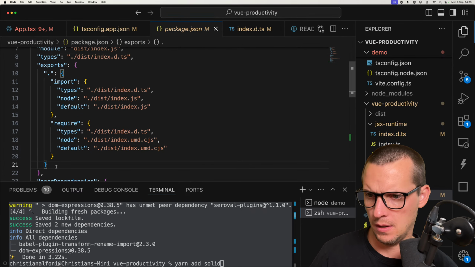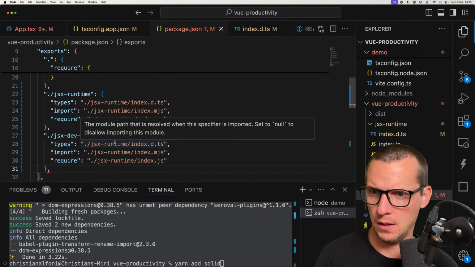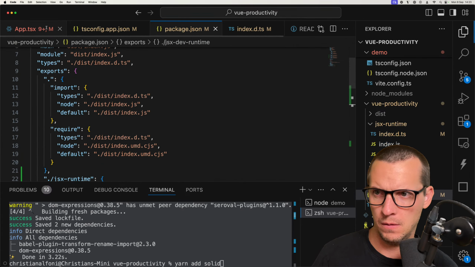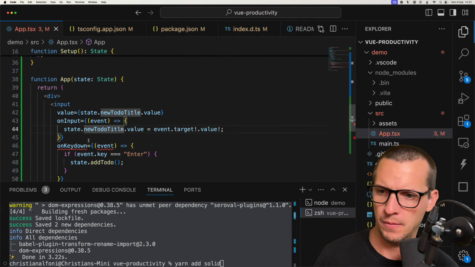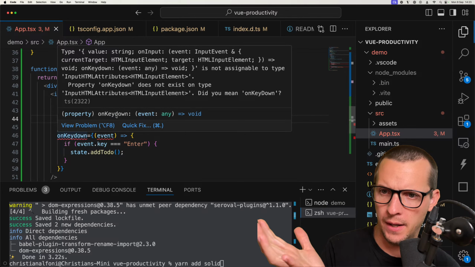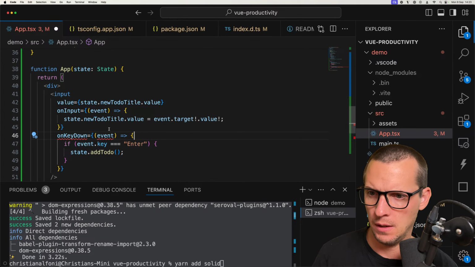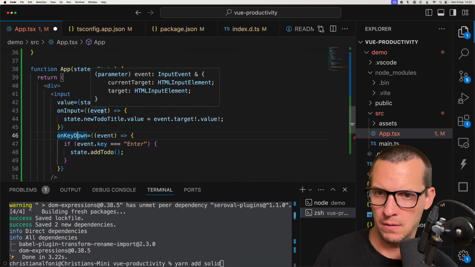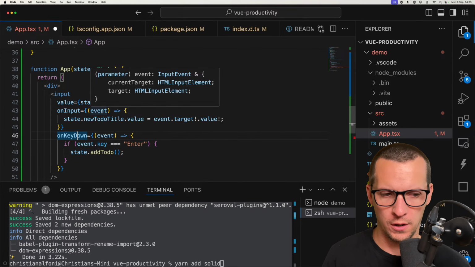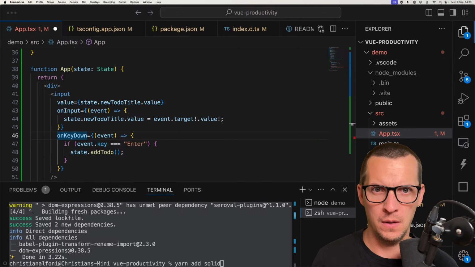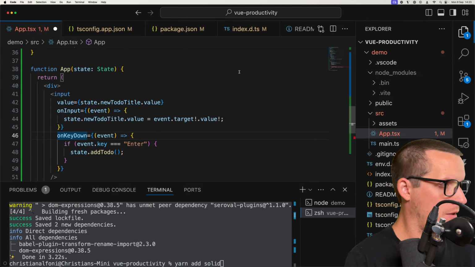So that's that thing, and then we have this thing. Yeah, that's fine. There we go. Look at that. Yeah, and then we have one key down. Yeah. Look at that. Whoop-de-doo. It worked. I'm just gonna